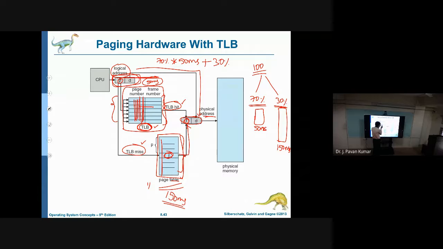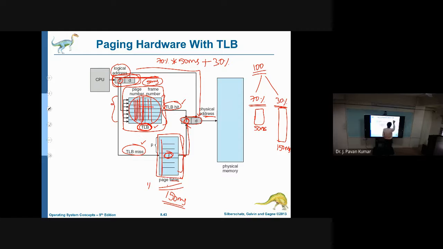That is not found in the TLB, so we have to go to the page table. It requires 150 milliseconds to access. But in order to determine that it is not present in the TLB, we have to search in the TLB as well.